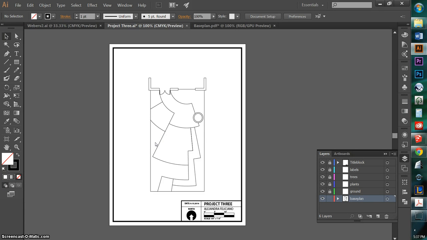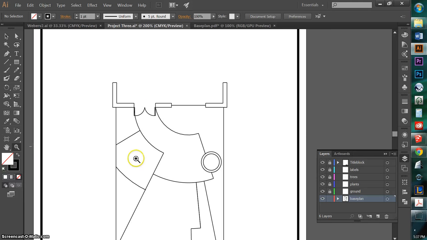Okay, so now that I have my base plan geometry imported, I'm going to start working on my drawing. And I'm going to be working on this drawing from the ground up. So since my first task is to create my ground plane shapes, I'm going to start doing that